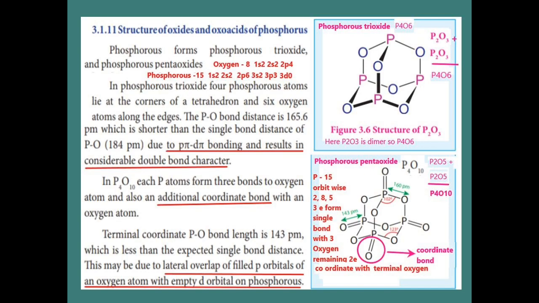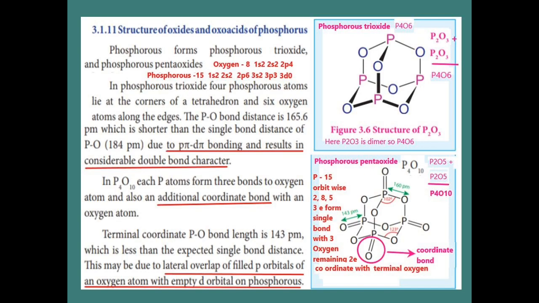Now we are going to see the structure of phosphorus trioxide. Here the phosphorus trioxide formula is P2O3. How do we get this phosphorus trioxide? Phosphorus valency is sometimes 3, sometimes 5. So here the phosphorus valency is 3, oxygen 2. Applying the crisscross method, we get P2O3. See the structure sidewise, I write P2O3, and now I am going to add one more P2O3. So we get P4O6. So phosphorus trioxide's other formula is P4O6.